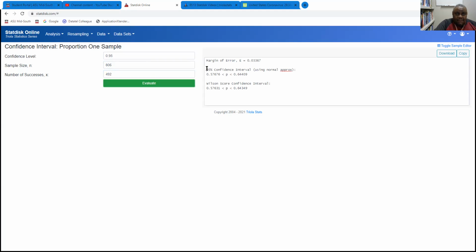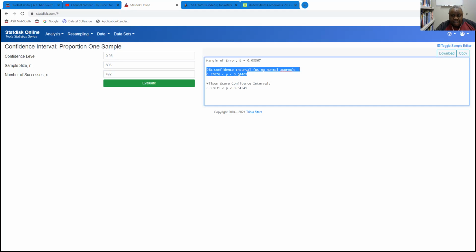Now, the one that you want will be this right here, the 95% confidence interval using a normal approximation. And make sure that you round off to the number of decimal places that they ask for. And I'm thinking to 3 decimal places. This will be